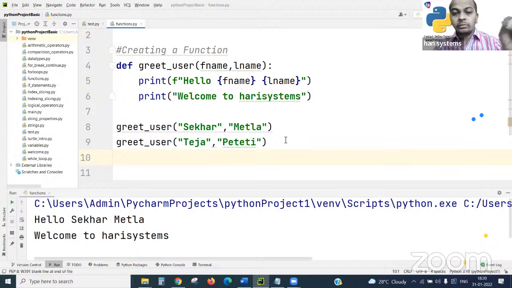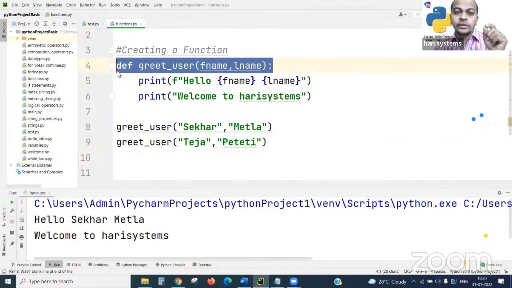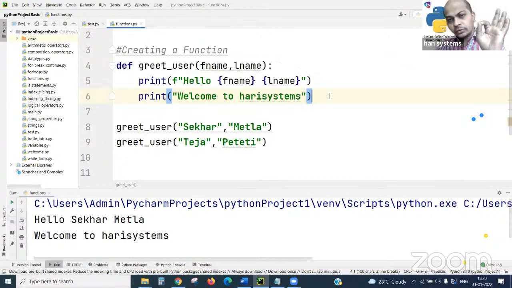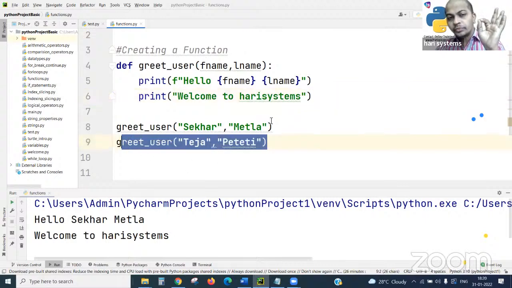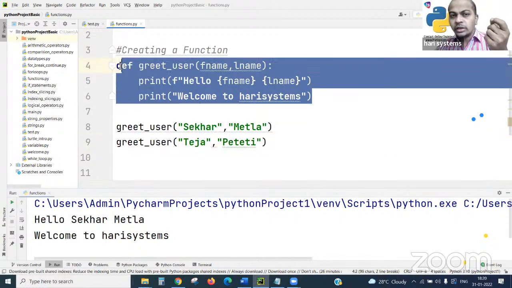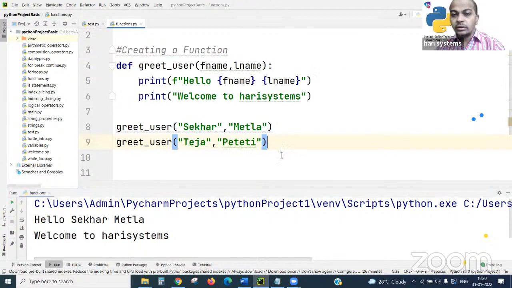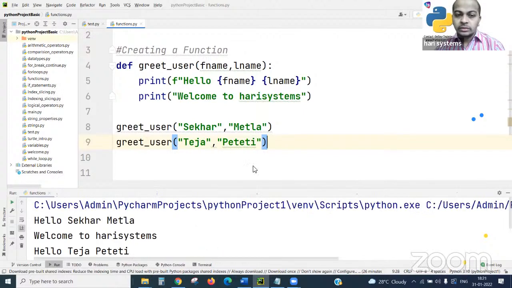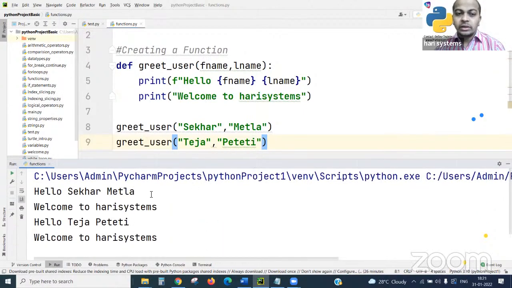So how are the dynamic parameters used, and how am I reusing the same code again? See, I'm not touching a single line of code to get the Teja name with Harisystems. I'm not touching any line, just passing two parameters here. Let's see, by running this program, you will get here, welcome to Sekharmetla.